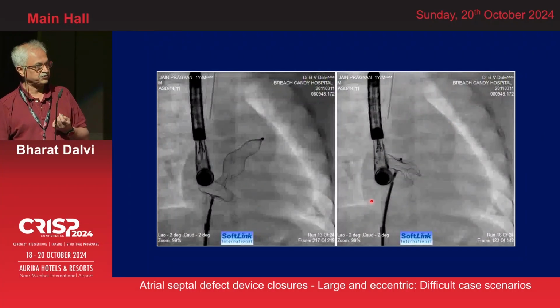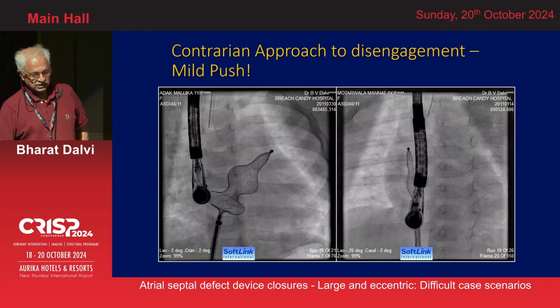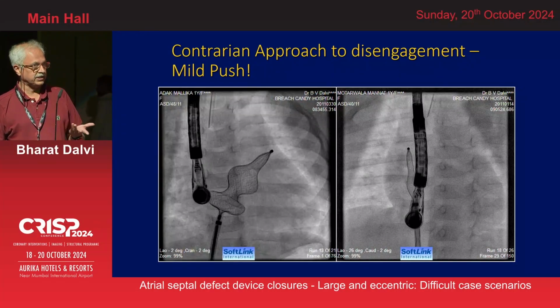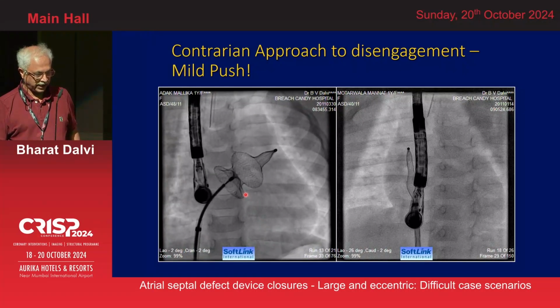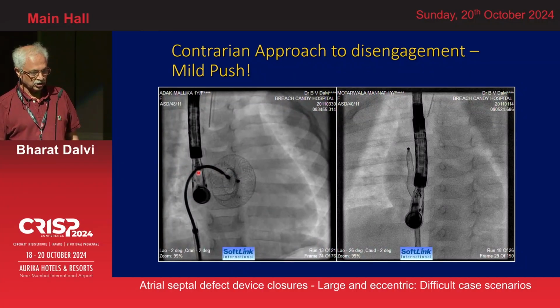Apart from injuring the left superior pulmonary vein, there is a chance that both the discs will come out of the defect, as it happened in this case, and drop into the right atrium. So we have used a contrarian technique of pushing onto the cable. But you see how we push on the cable. We leave the redundancy on the cable, so it's not pushed in this direction, but pushed up, leaving a redundancy